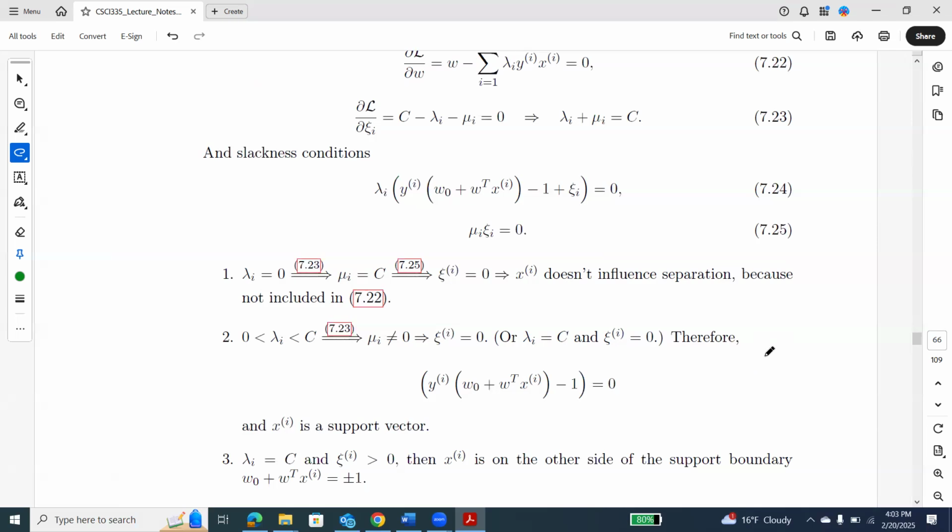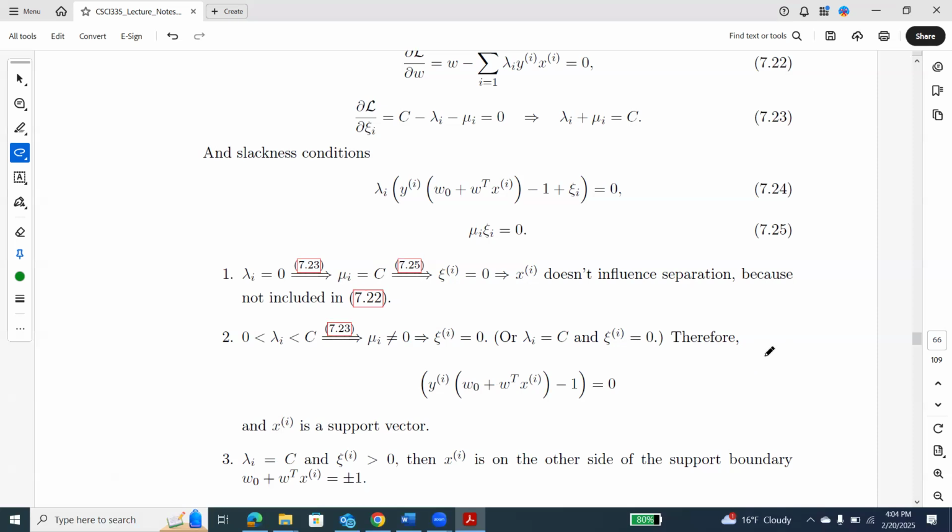So this is the first case. If lambda is 0, then x doesn't affect our decision boundary. It means that we don't need to go through all the points in the dataset. We need only the support vectors for classification. You can just remove all other points, throw them away, and save